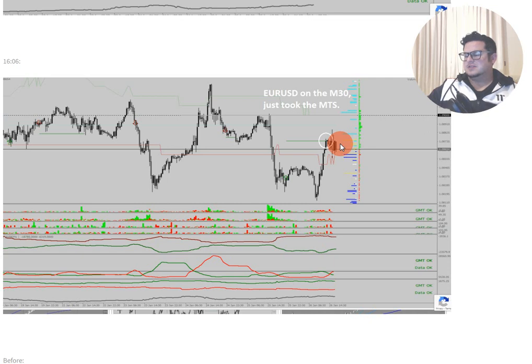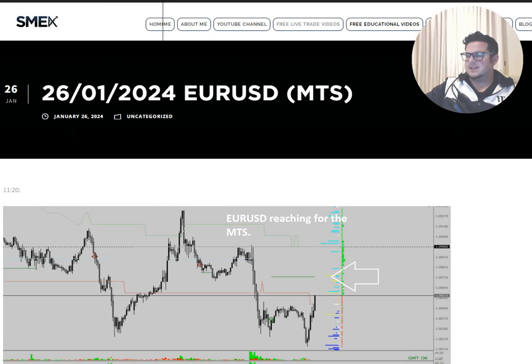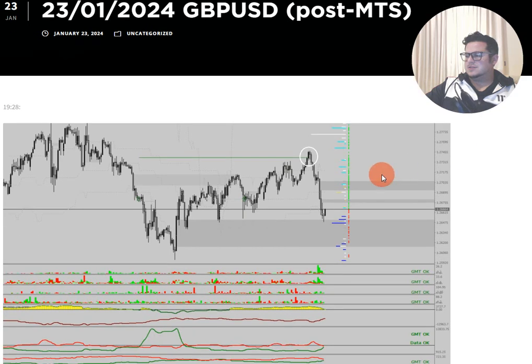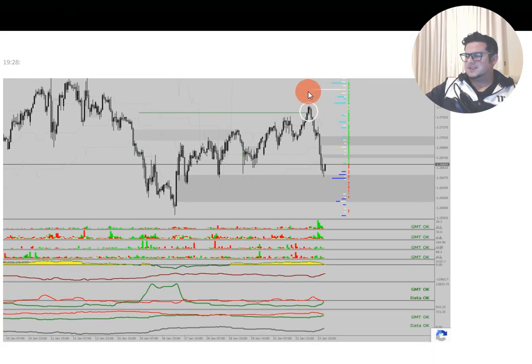Okay, so again, you could call this a pre-run counter move. So once some shorties came in and the target has been cleared, the stops have been cleared, you buy towards the inner range. Okay, not very advanced actually. Anyways, so pound dollar, they took the upper MTS exactly to the pip. Some longies came in, so they got down against the longies.